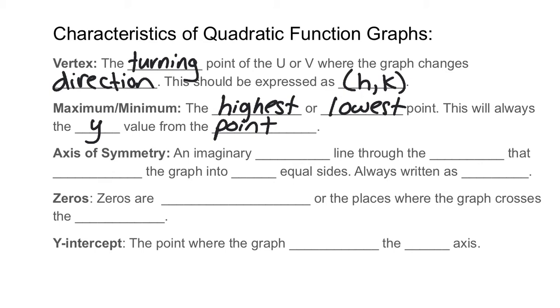Now, we talked about symmetry before and whether functions were even, odd, or neither. But we never talked about the actual axis of symmetry for a quadratic function because I figured we would wait and save that for this particular lesson here. But the axis of symmetry is an imaginary vertical line